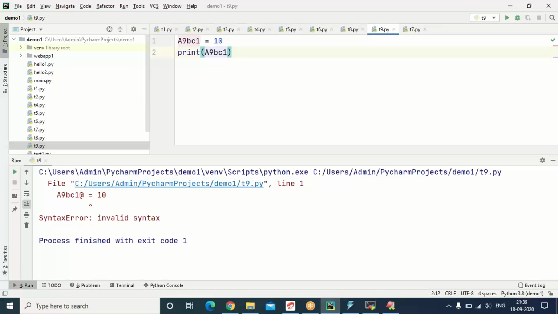Then the fifth rule, please observe: no keyword can be used as an identifier. We cannot choose a variable name, function name, class name, or reference name as a keyword. Every programming language has a bunch of keywords. You may already know what a keyword is. A keyword is a word which has a special meaning in the programming language.